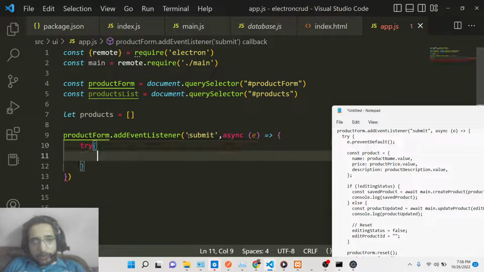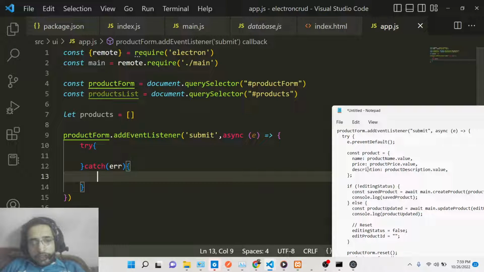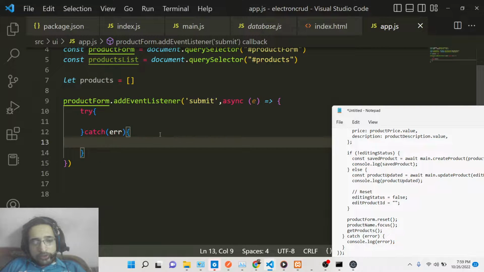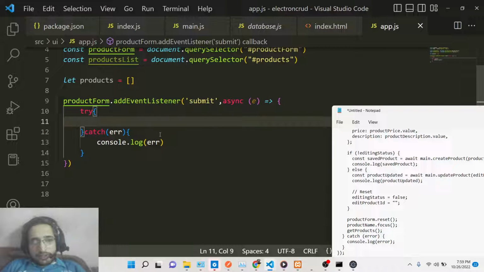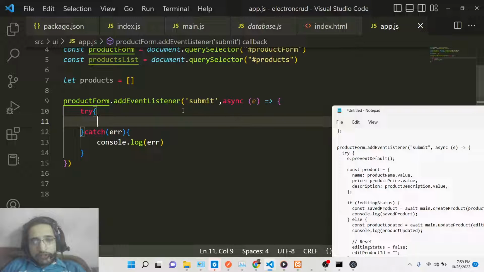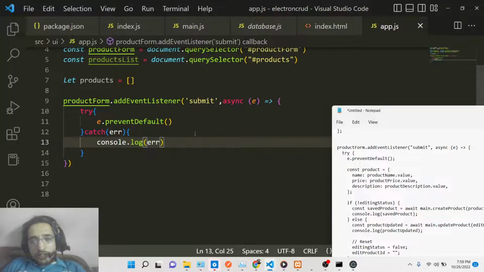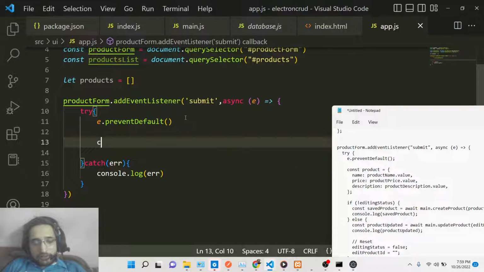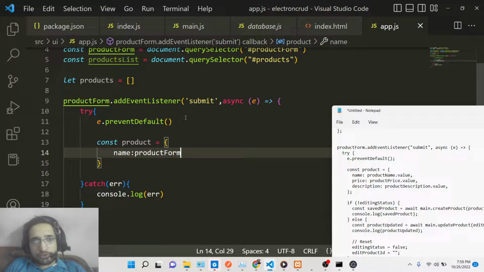So we need to wrap all this code inside a try catch block here, and then we need to console log the error. So inside, first of all, guys, we need to prevent the auto submission of the form, and then we need to construct an object. Basically, this will be a product object. It will hold three properties: the name of the product, which will be coming through product